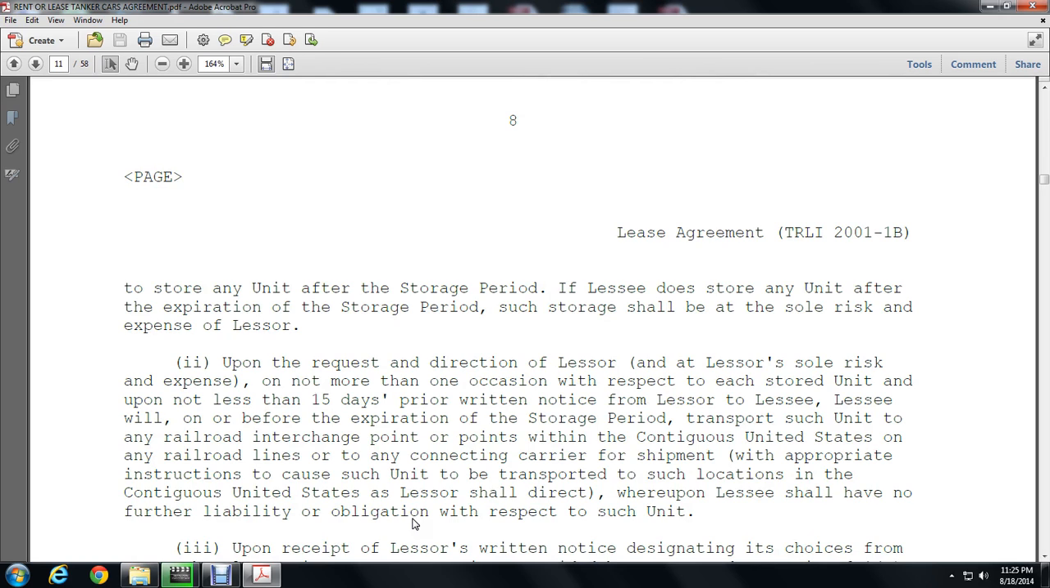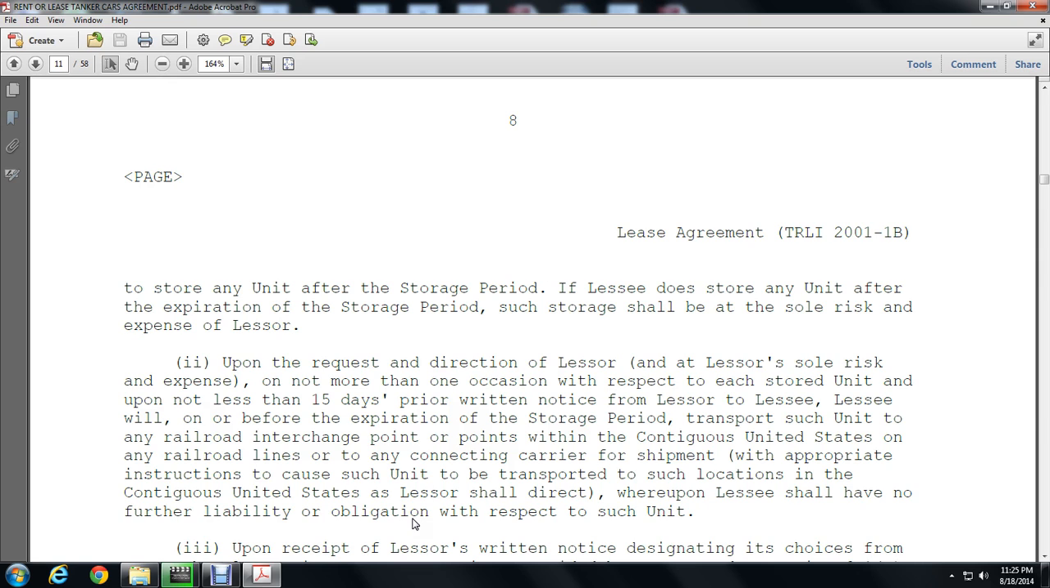Upon the request and direction of the lessee, at the lessee's sole risk and expense, not more than one occasion with respect to each of the stored units, and upon not less than 15 days prior written notice by the lessee to the lessor, the lessor will, on or before the expiration of the storage period, transport such units to any railroad interchange point or points in the contiguous United States of any railroad lines or any connecting carrier, with the shipment with appropriate instruction